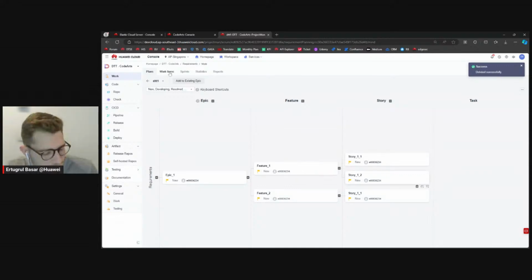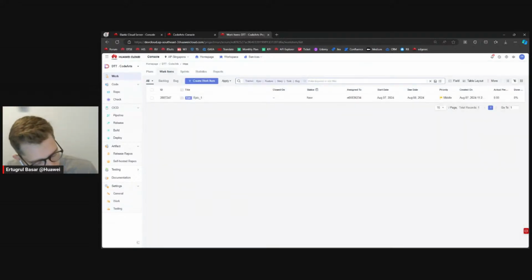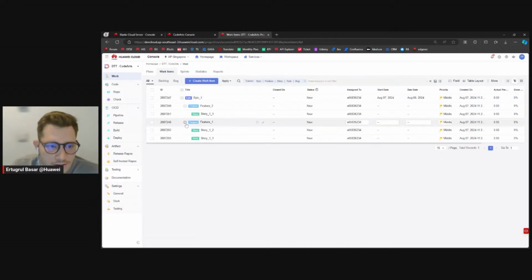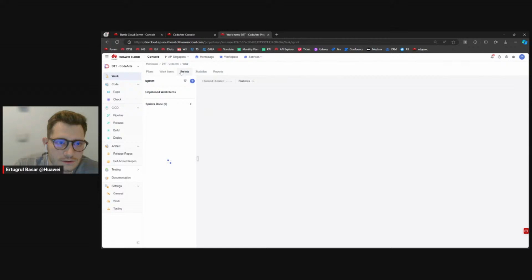And go to the work items section. Here we can see the issues we have created on the plan section. There are some views we can choose from. We can do it by the tree view style, or we can do it as a list, or we can also do it as a card. I will show the card view on the sprint side. So let's go to the sprint section,